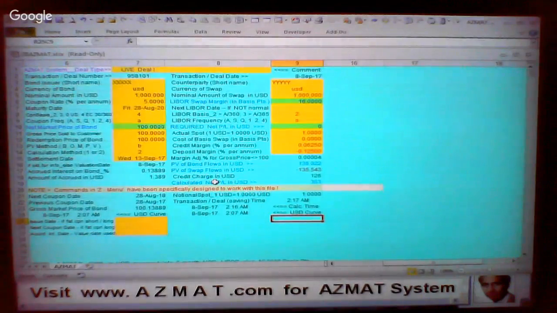So thus the whole swap transaction or deal could be discussed and agreed within minutes, with both parties knowing details of all the cash flow amounts and the due dates. AZMAT system can also produce interest rate swap